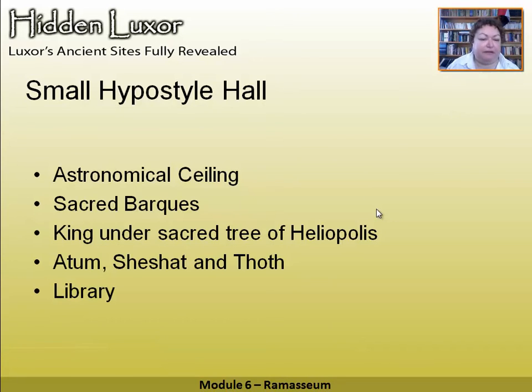So, if we have a female head with a double crown, it's Mut. If we have a falcon head with a moon crescent, it's Khonsu. If we have a ram's head, it's Amun, etc., etc. Also in this area, we've got the king under the sacred tree of Heliopolis with Atum, Seshat, and Thoth. And because of the nature of the carvings and pictures around there, they think that this might have been a library area